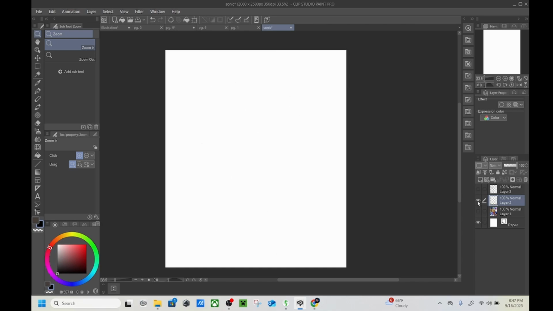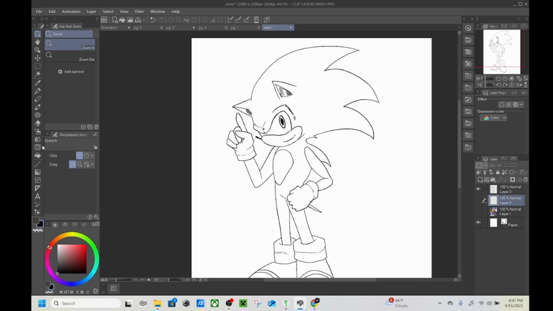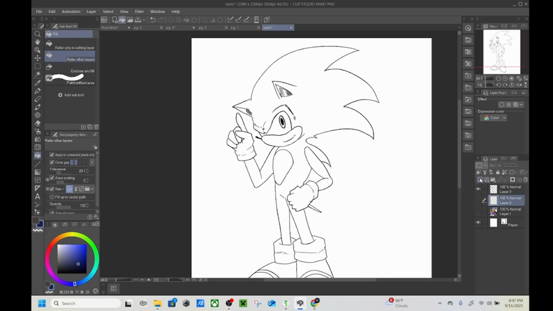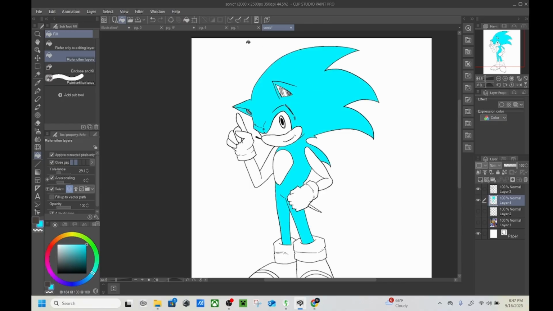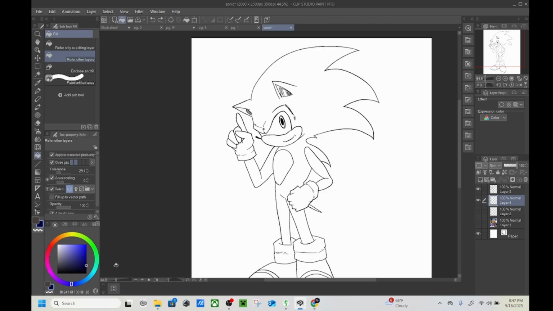Yeah. So Sonic. Next thing about Sonic is that he is blue. So you always want to have a hint of blue in your drawing. If you want to have a younger Sonic, you could make him light blue, and if you want to have an older Sonic, he is dark blue. If you want to have him Super Sonic, you would make him yellow, but then his frills would have to go upward. If you turn this into my class, a downward turning Sonic with yellow, I will personally